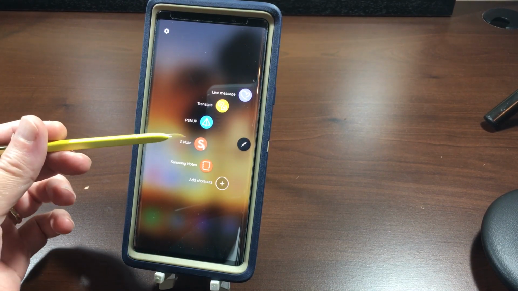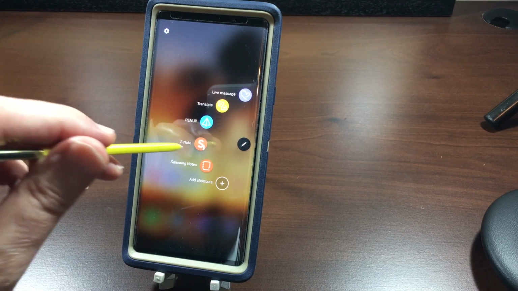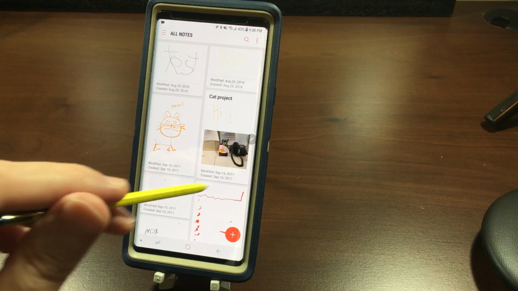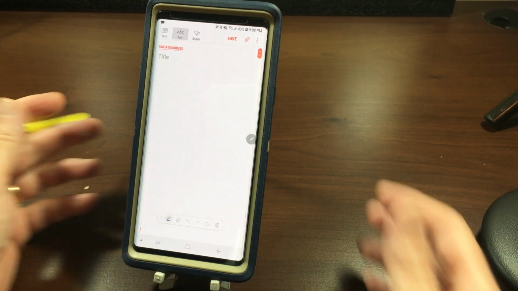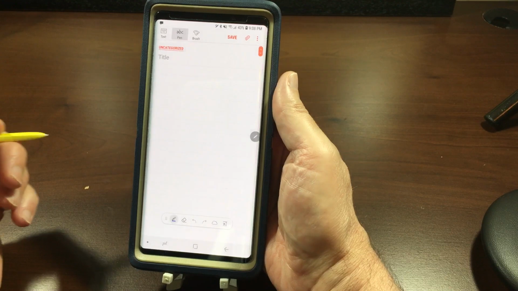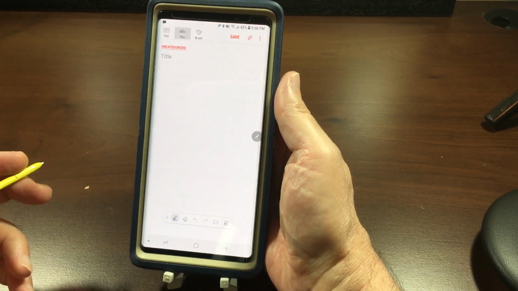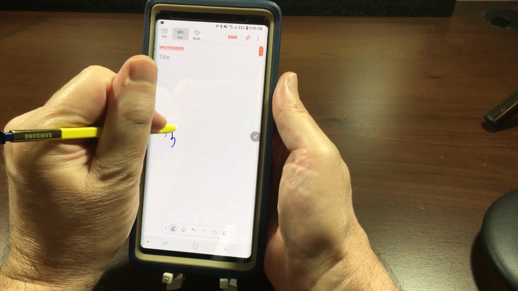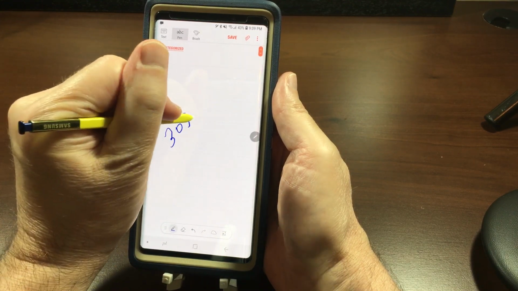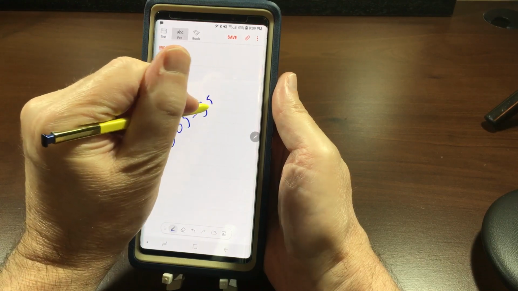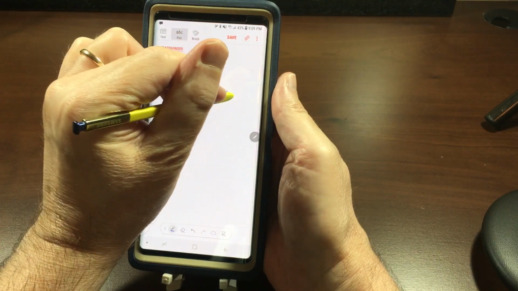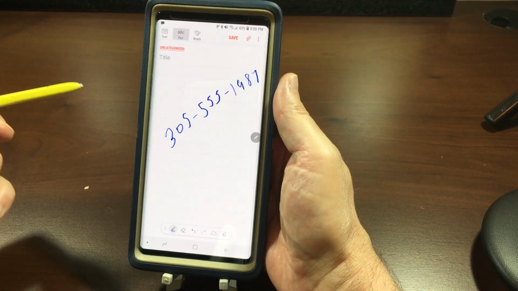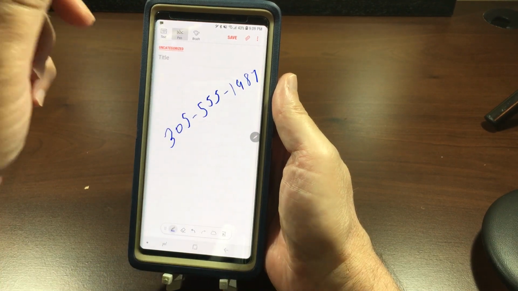Now, that's not available in S Note. It's only available in Samsung Notes. So let's go into that. Okay, and we will create a new note. I'm trying to write behind the camera, and I'm not the best writer, so let's just try a phone number. Okay, so now this is the phone number. Now if we hit save,